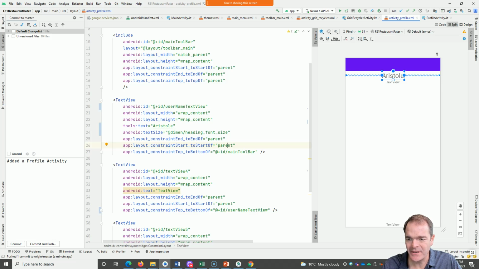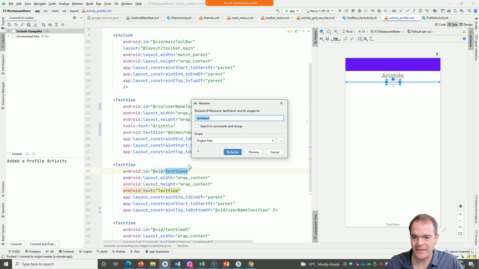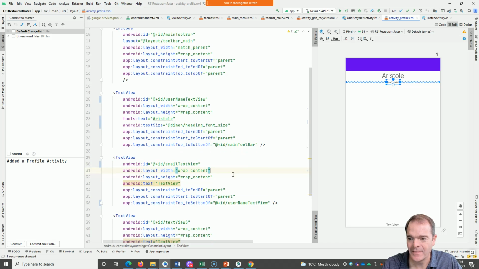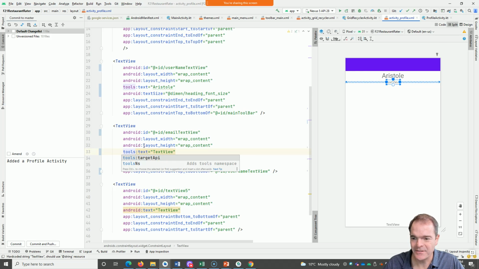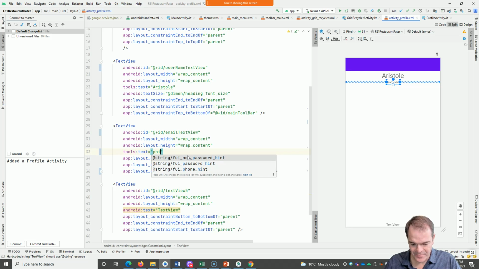And then this one here is going to be our email view. So I'll do Shift F6 in case anything's referring to it, and I'll call this the email text view. And again, change the text to be tools, and let's do philosopher at